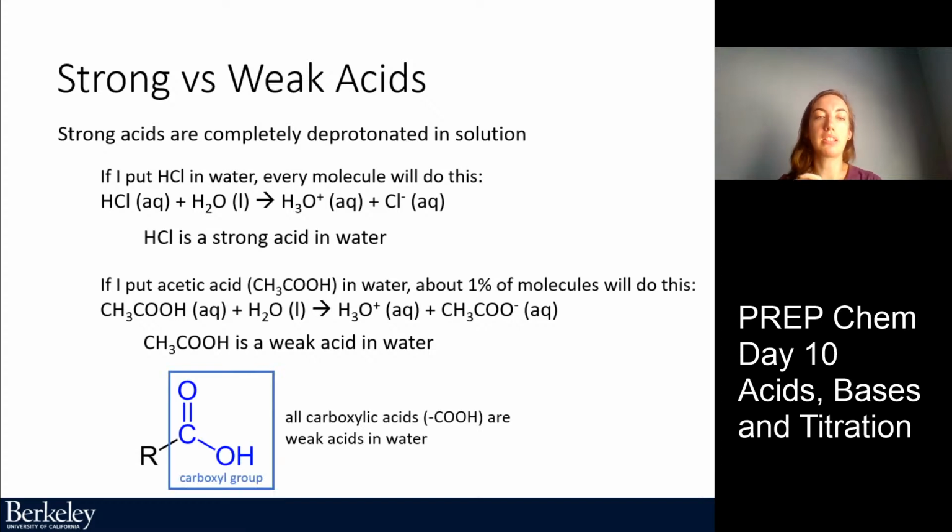So acetic acid is part of a special class of acids that are called carboxylic acids. I've drawn the structure of carboxylic acids below, which I think was mentioned briefly in the nomenclature day a few days ago. The R that's coming off just means anything. In this case it could be a CH3, but it could be CH2, CH3, it could